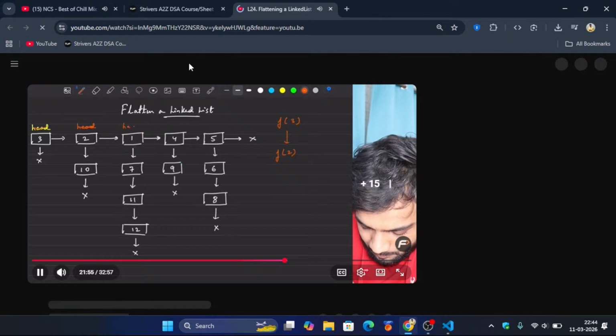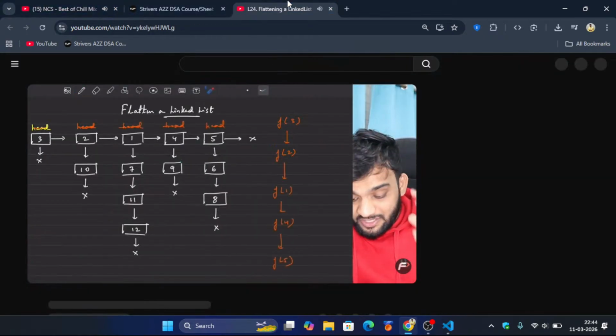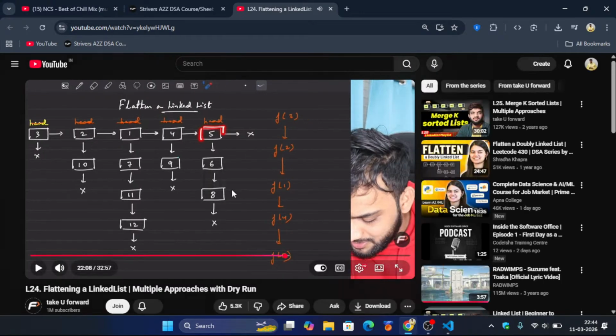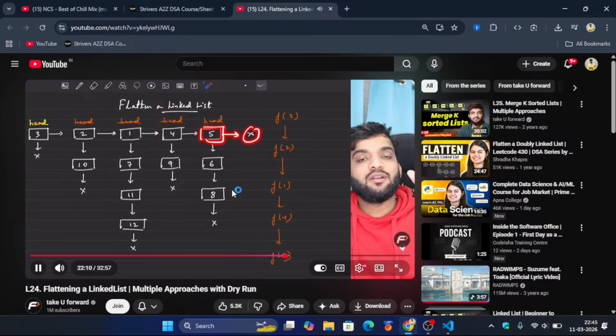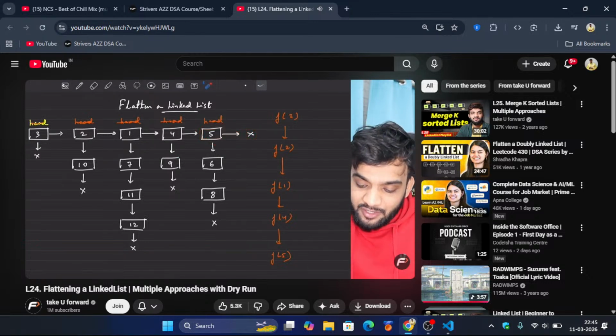Again, go deep. The moment you stop, you see that, okay, 5's next is pointing to null. That means it's an